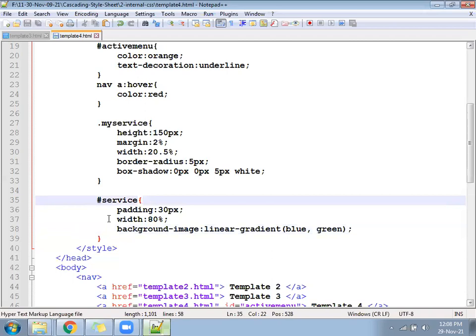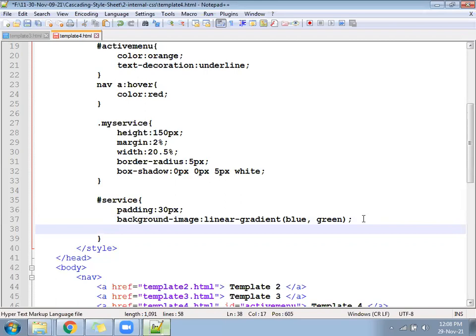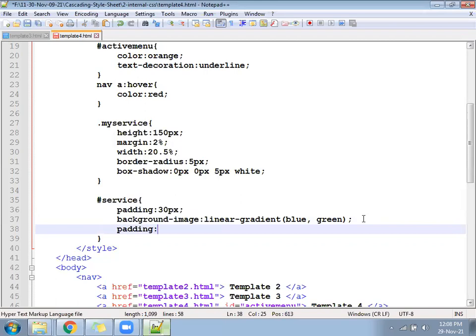Okay, width we have given 80%. That is wrong. Okay, don't write the width. Let it be width 100%. Apply inside padding. Okay, the first number is from the top. I assume from top 40 px padding.